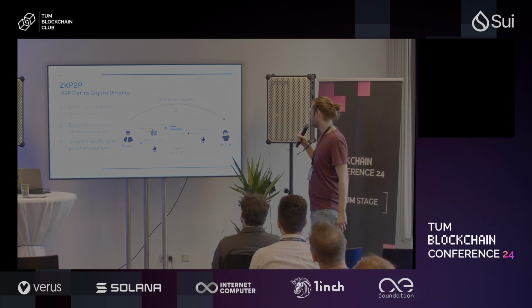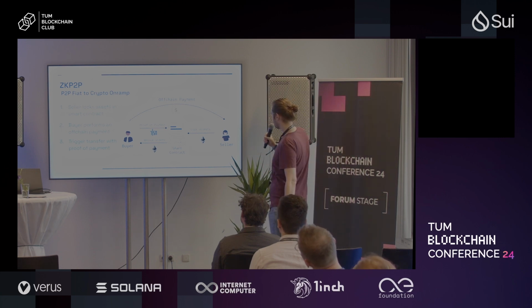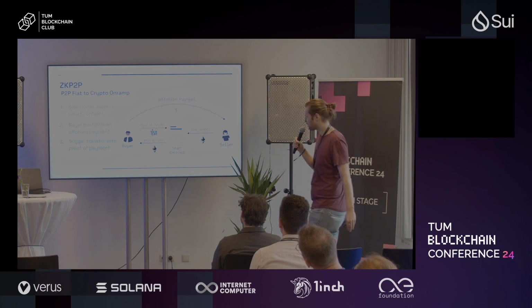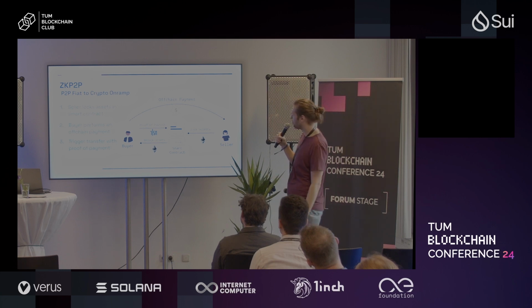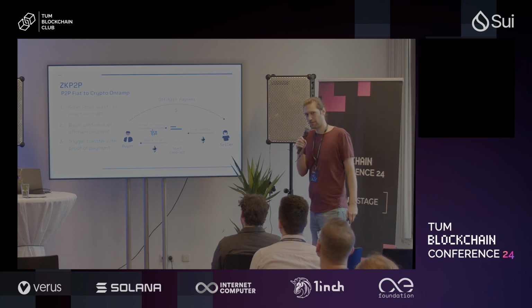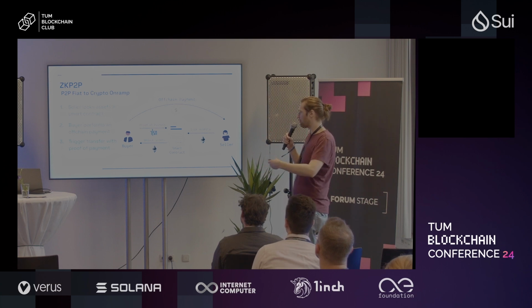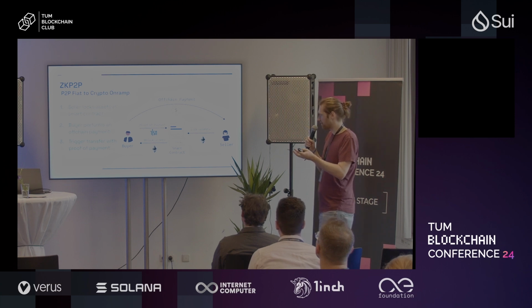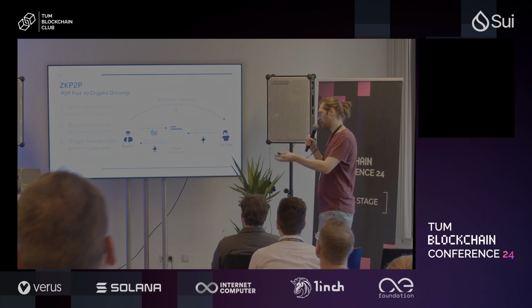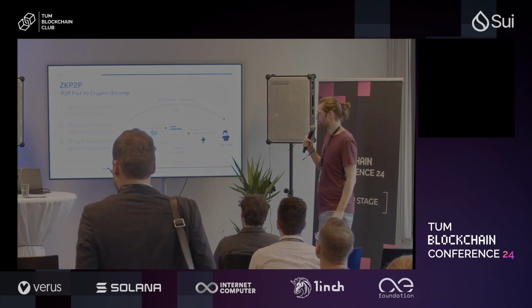So how does it work? You have a seller, which in this example wants to sell some Ether, and puts it into a smart contract. And then you have a buyer who wants to buy Ether, and he now uses an off-chain payment protocol. For example, ZK P2P uses, I think, Venmo, and in Europe it's Revolut. And then you do the off-chain payment, and you then use TLSNotary to generate a proof of this off-chain payment, basically, right? And then you can put that as an input to the smart contract, and the smart contract releases the assets.